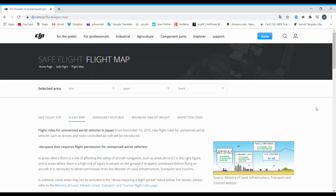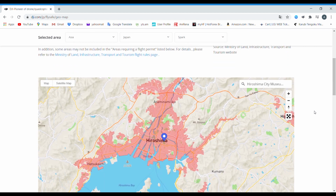Now, you might be wondering why I did not fly the drone outside. Well, unlike the Philippines, Japan has a very strict rule when it comes to flying aerial vehicles like drones. You can't just fly all over Japan. When you get caught flying in restricted areas, at worst, you need to pay around 500,000 yen which is equal